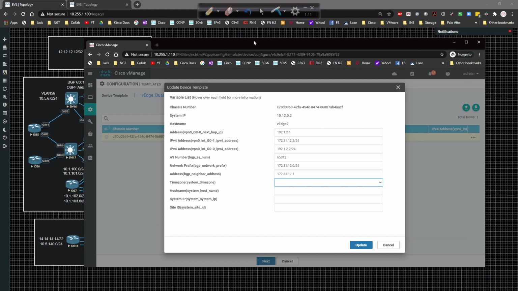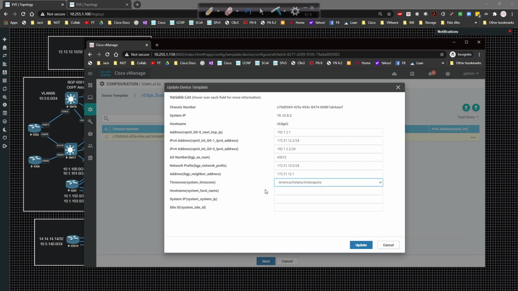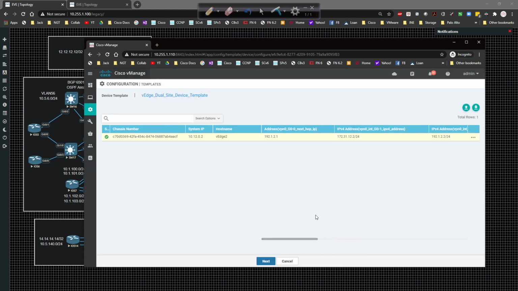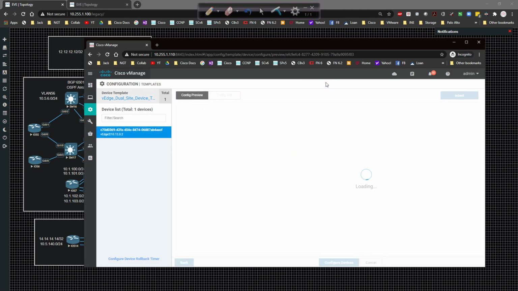172.31.12.1. The time zone will be America, and we'll choose, let's see, what's an option in here? We'll say Indiana, Indianapolis. And the host name will be vEdge 2. The system IP will be 10.12.0.2, and the site ID will be 12. I'm going to go ahead and update that. I'll click next, and I'll click on here to generate the